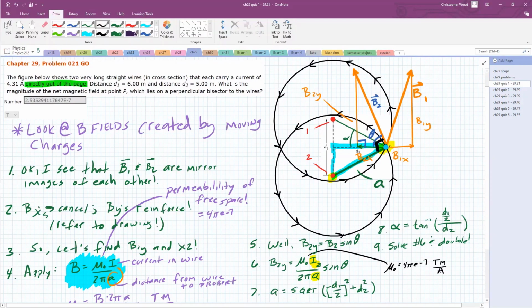Professor? Yep. Could you explain how to find theta again? I'm leaving that up to you. Trig. I'm saying here you don't have to use this as the theta. You just need to do whatever you want to do to find that